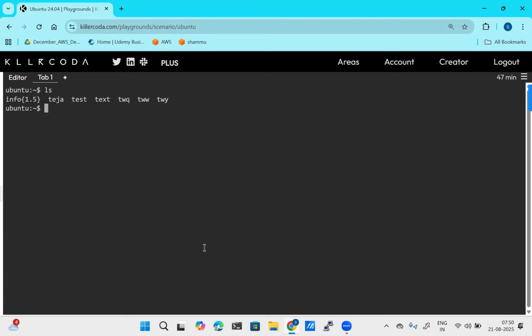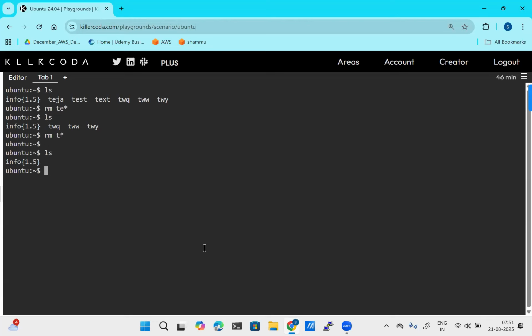If you have given rm TE star, it is going to remove your Teja and test only. The remaining ones, TWQ, TWW, TWY, will remain constant. Why? Because I have mentioned the series as TE. Remaining all was removed. But if you have given T star, it is going to remove all the files.